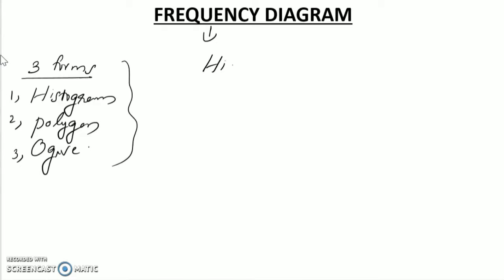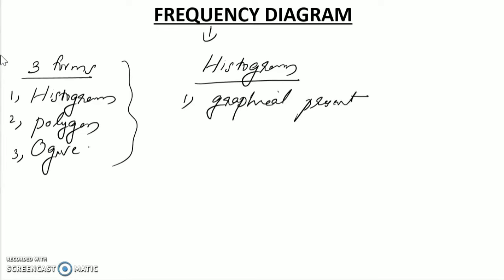The first topic is histogram. What is histogram? Some points we have to keep in mind about histogram, because of objective questions we have to keep all these small points. You can expect questions from this area also. The first point that we always have to keep in mind is that histogram is a graphical presentation of a frequency distribution. That is the first point.